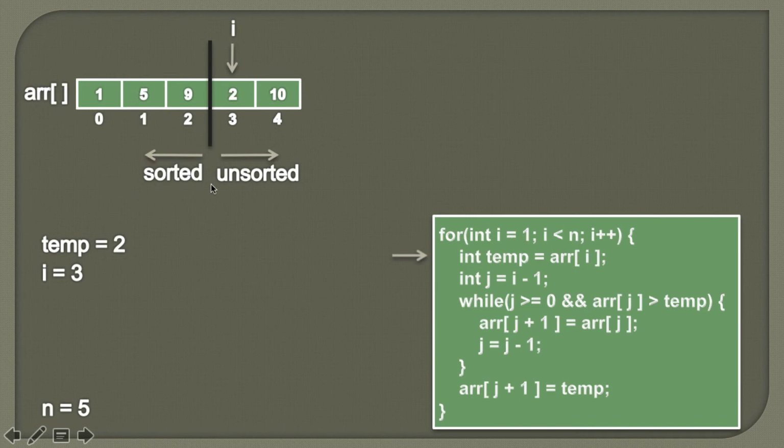So when we'll perform these steps, we need to shift some of the elements by one position so that we can place 2 to its correct position. So when we'll shift these elements by one position, we need to create a space here. So what we do is we simply store this value somewhere into the temporary variable, because we need to refer to this while comparing it with the elements in the sorted array.